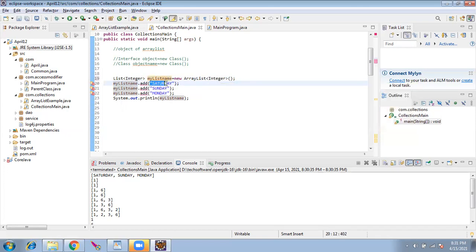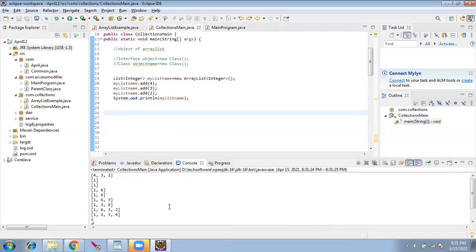So instead of string, I have to go here 4, that's an integer. Instead of string, I have to go like 2, 3, and 2. Purposely, I've given it in the reverse order. Let's see. I'll print it out. The array list will store all these 3 elements and it is printing it as it is. I gave in 4, 3, and 2. It printed 4, 3, and 2.